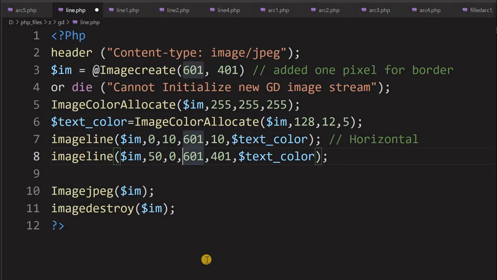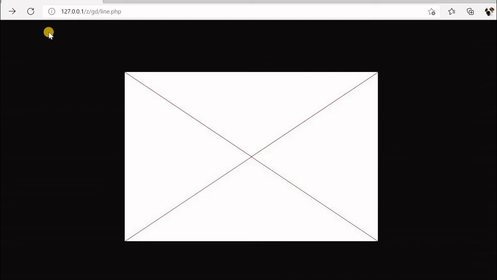Now our vertical width is 401, so we'll go up to 401, and this is vertical, so 50. Sorry, this should be 50 and that should be 40. So now we'll keep it 50. So this will be a vertical. Let's try, or we are done. Hope you can imagine the square now. So starting at 50, 0, then again ending at 50 and 401. Let's check how it looks.